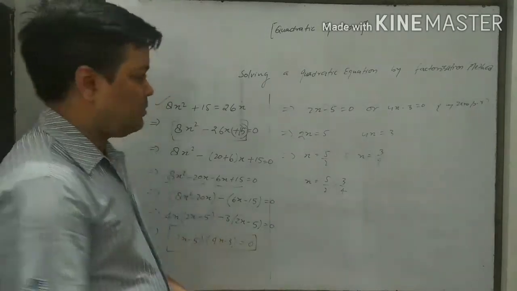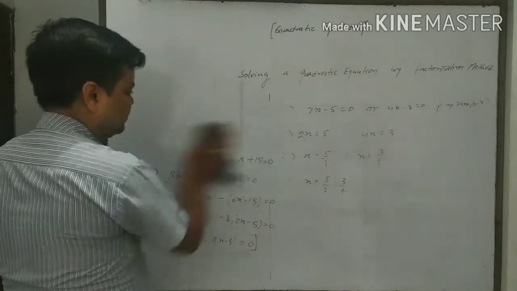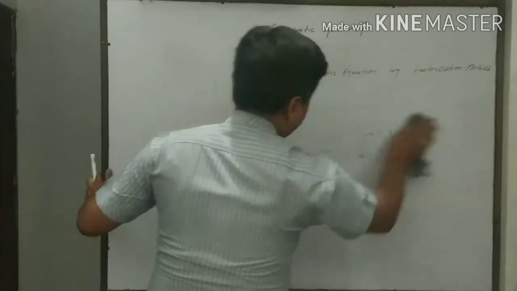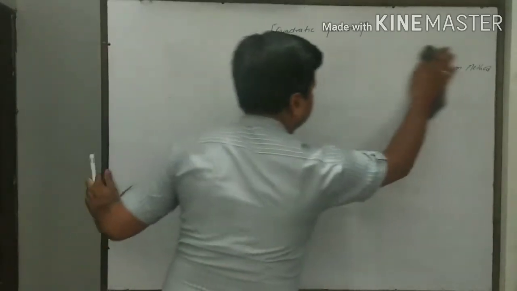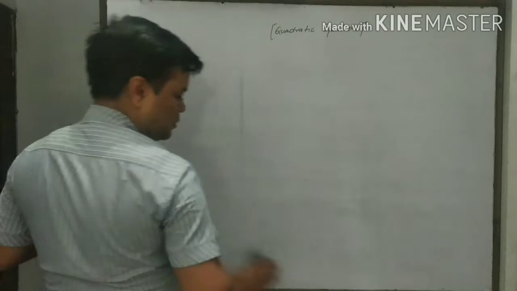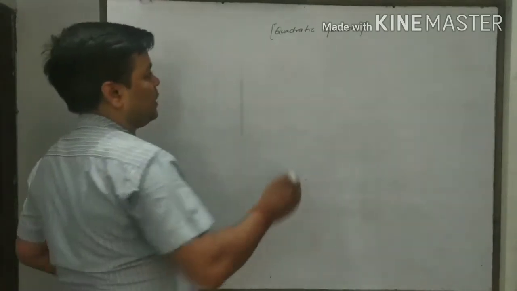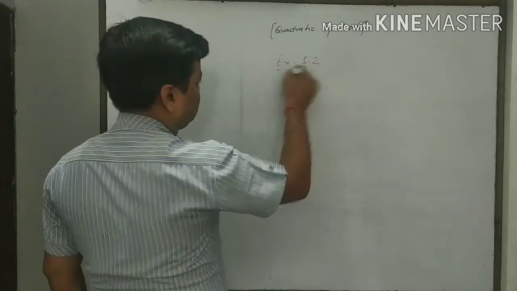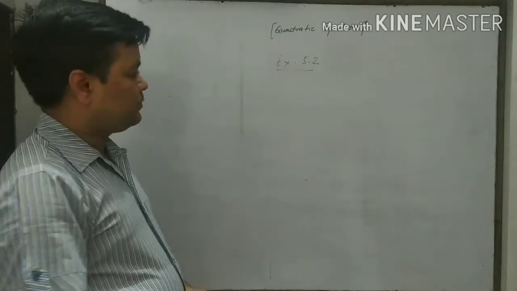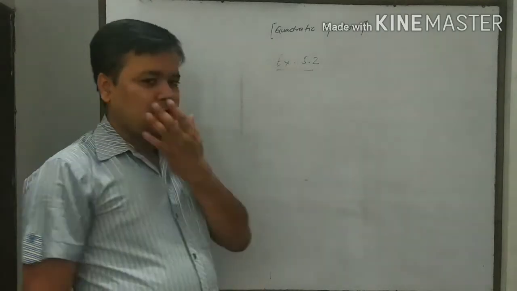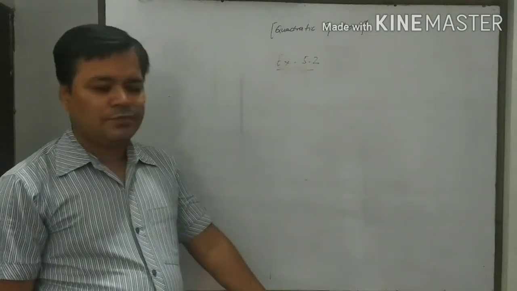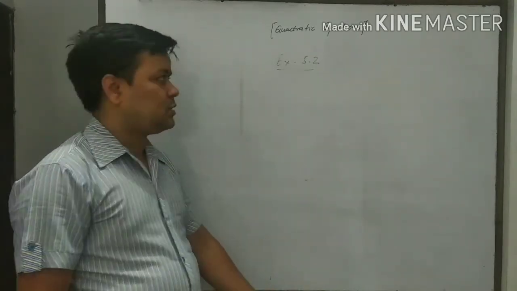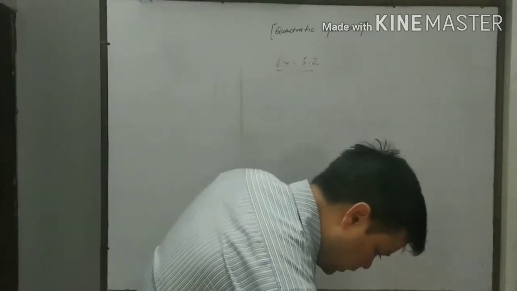Let us see some examples for solving some more questions. Now we will discuss the questions given in exercise 5.2. You should complete exercise 5.1 and also start exercise 5.2. But it will be better to go through the theoretical portion by yourself, as well as whatever example questions are given, you solve those questions, and after that you start exercise 5.2.